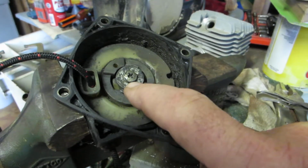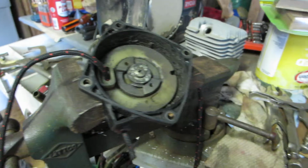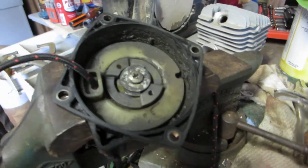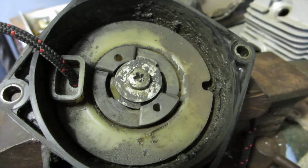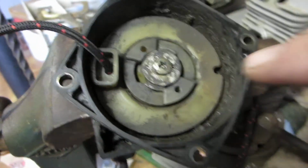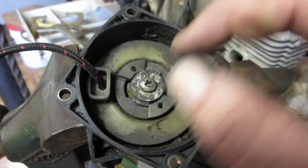That central screw there, which is a machine screw with a Phillips type head on it, is, for me anyway, impossible to extract. And I didn't want to break it. I didn't want to cause any more damage to it than I already did. So evidently you have to have some sort of a tool to keep this from spinning while you try to